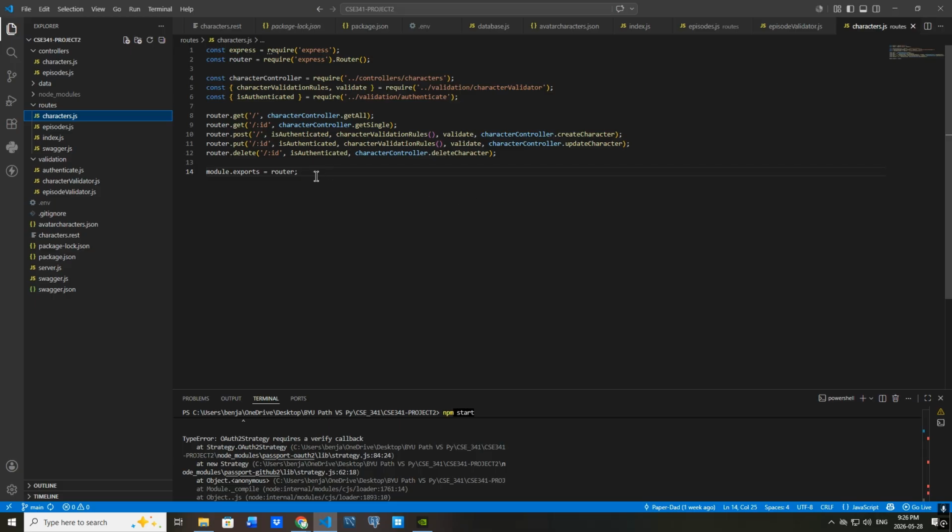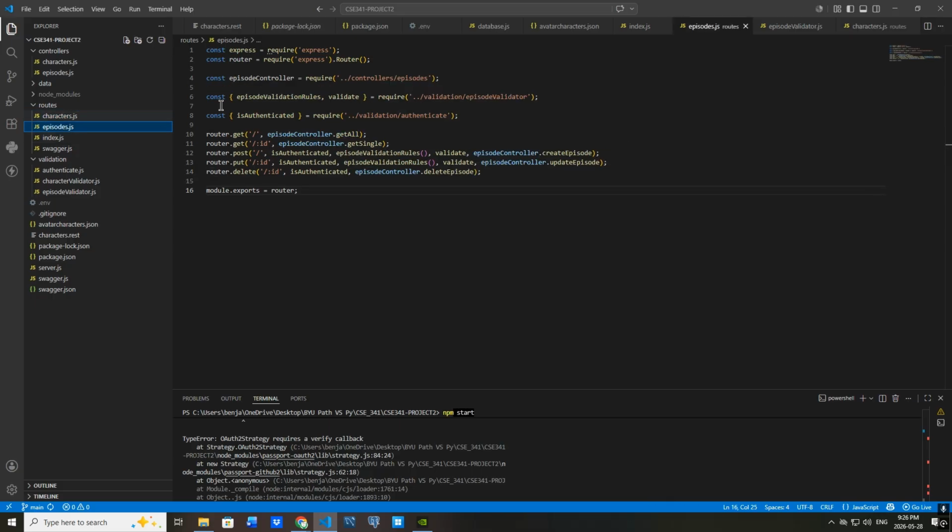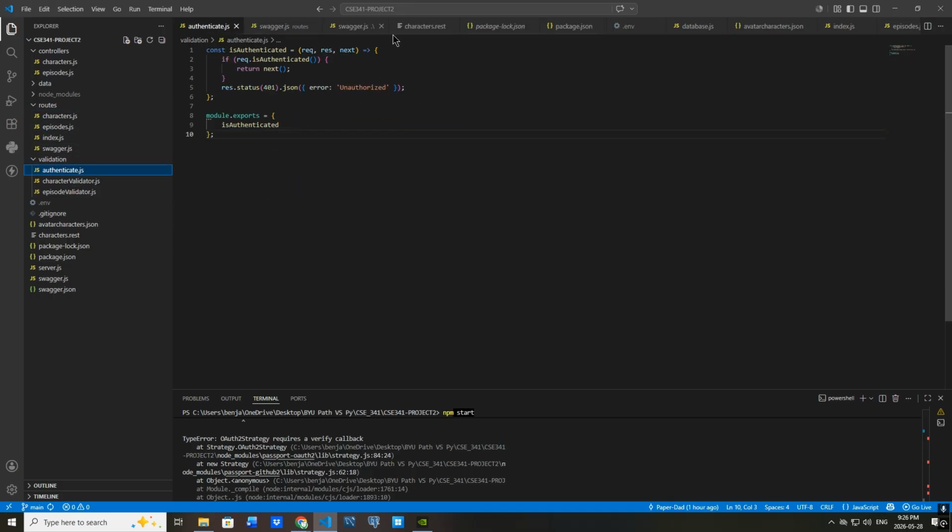JS folder, and you can see here that the is authenticated function has been added to the routes that I want them to be added to. Same thing with episodes is authenticated, and then of course the authentication page JavaScript. Okay, so now that we've quickly reviewed that, I am just going to hop over into the actual live render